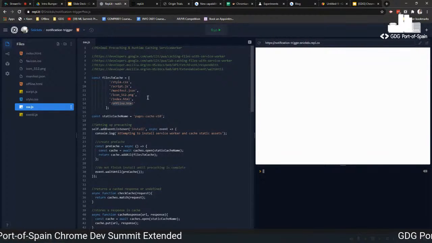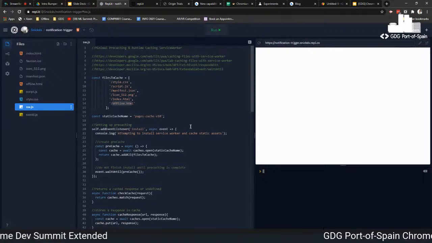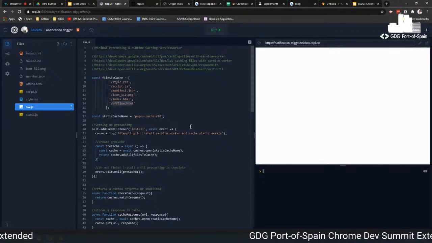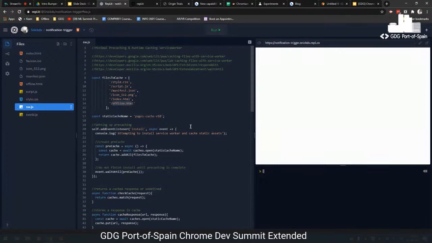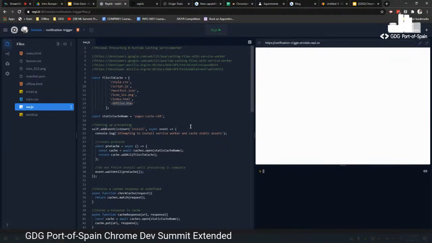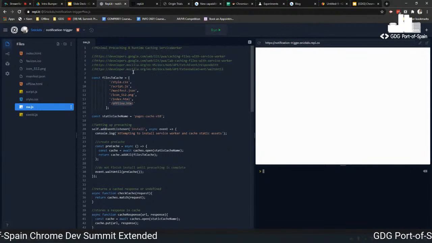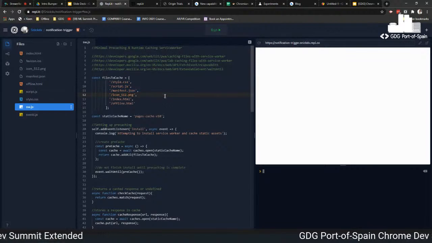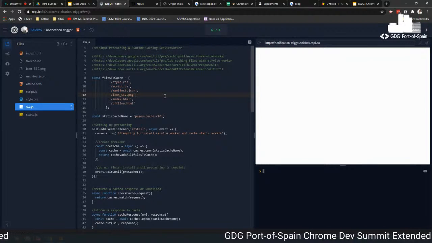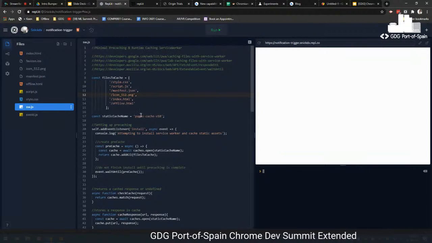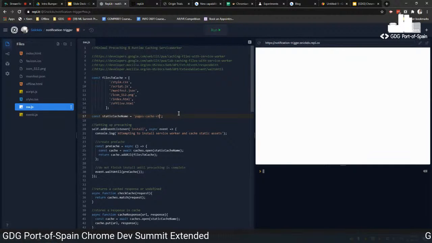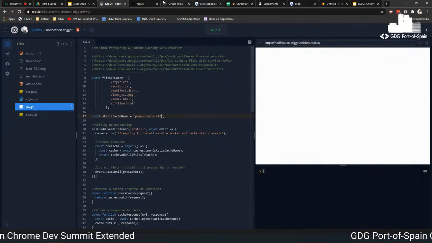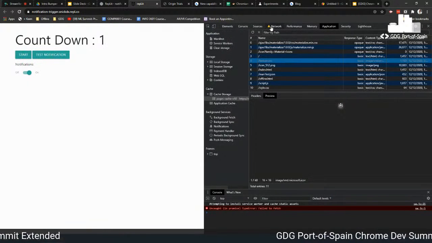One thing to note with service workers is because it's all about caching and pulling up files that are there before, you need to think about how you invalidate the cache, what happens when you do make revisions to these files and you need the browser to throw away the old versions and update the cache. That's done using this static cache name. Anytime there's a change to the cache name and it's detected by the service worker,